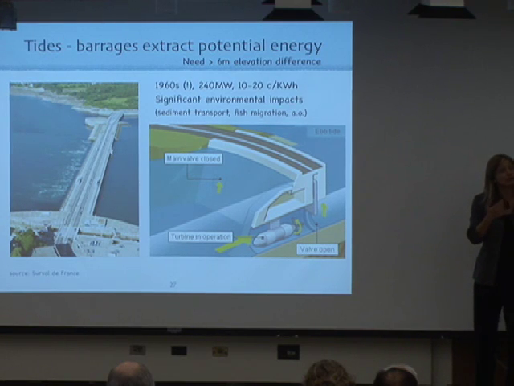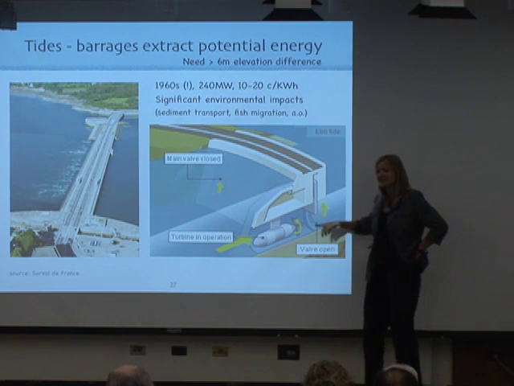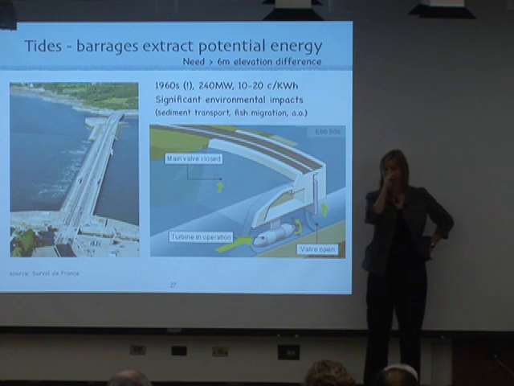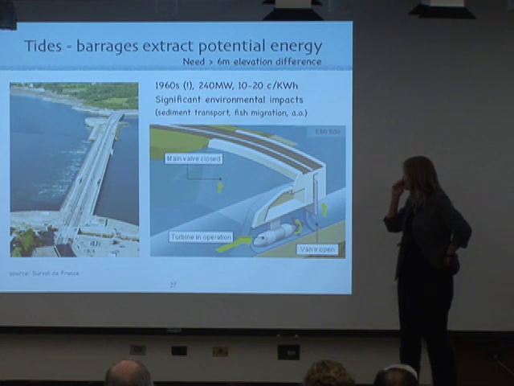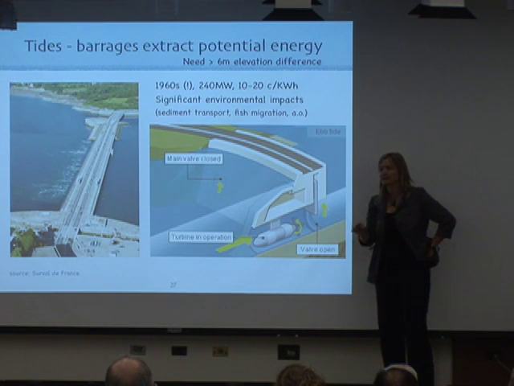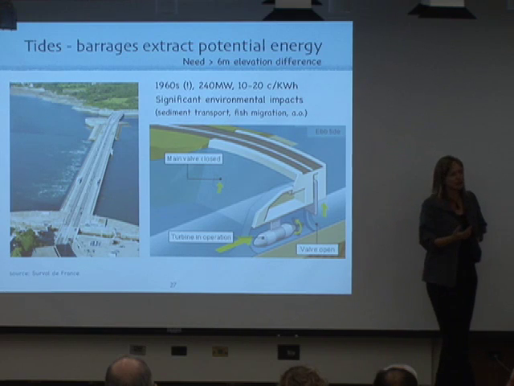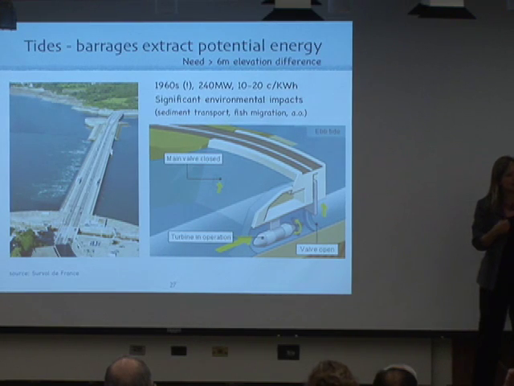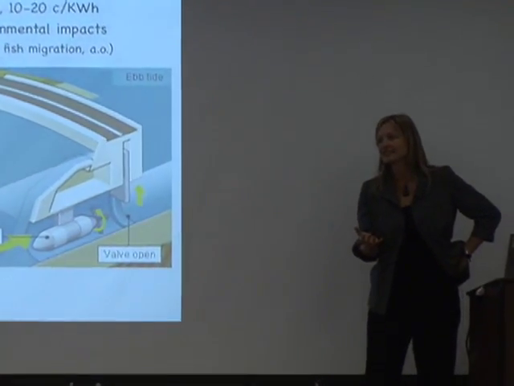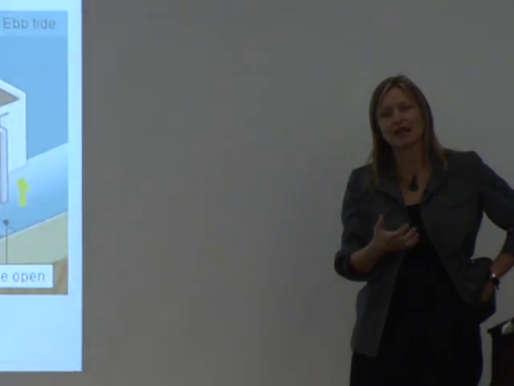One of the big problems, of course, is not just the water that flows back through the turbine, it's also everything else, like fish. Right? And the other thing is also that, of course, when you do something like this, you heavily impact all sorts of sediment transports, fish migration, so you're completely changing the environment of the estuary. And this is one of the reasons why after the La Rance, people have just not built this.